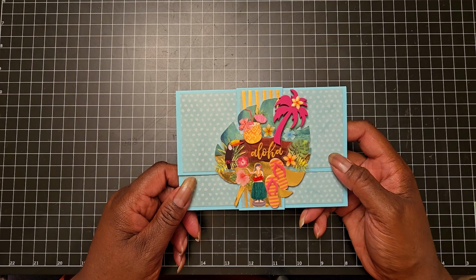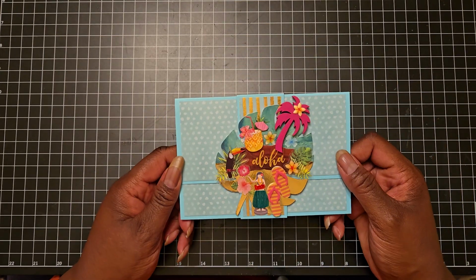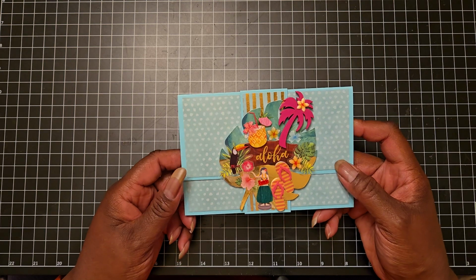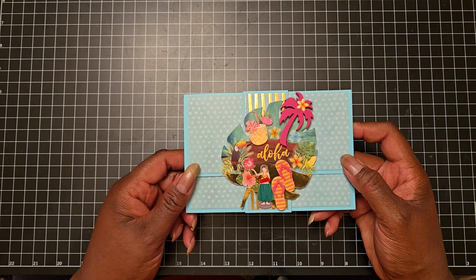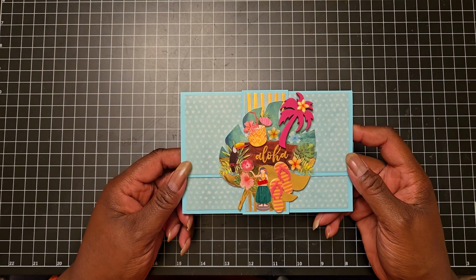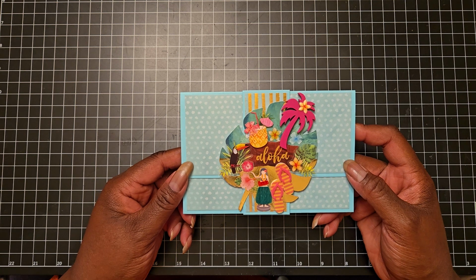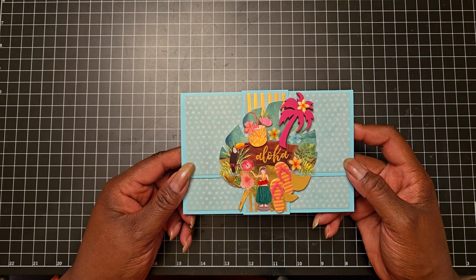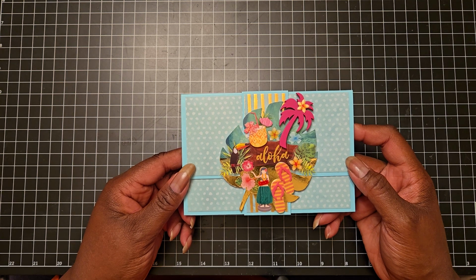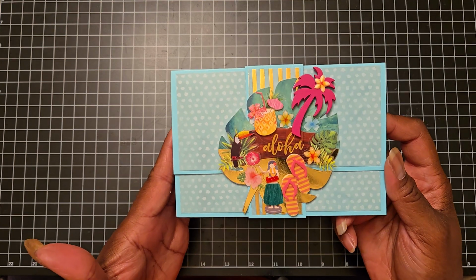But she did this photo album, and she did hers vertically, and she said you could do it either way. I decided to go horizontal. But let me tell you, if you don't pay attention, and when you're tired, you mess up. I started off cutting out the pieces and was cutting at an eighth inch instead of a quarter inch, and I ended up cutting up way more paper than I needed to,